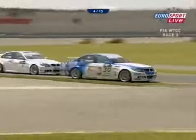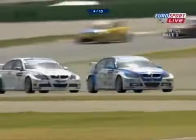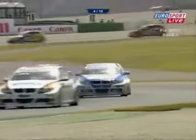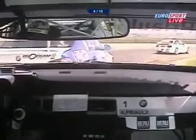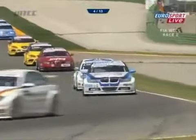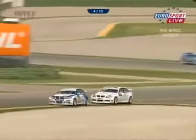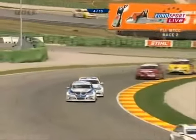And again, Prio all over Rangoni. But where's Muller? I thought he'd be gone by now. He's 1 second ahead, and only 1 second ahead after 4 laps of really intense racing. He can't get away even from this battle. Prio really needs to get past Rangoni, because if he doesn't, he's going to have Thompson all over his boot lid. And when that happened before, when you've seen the Seat all over the boot lid, Andy really dropped away a little bit from Rangoni. So he needs to really...